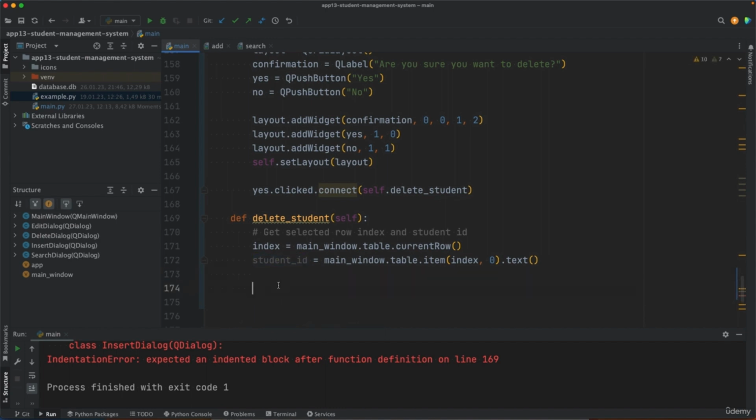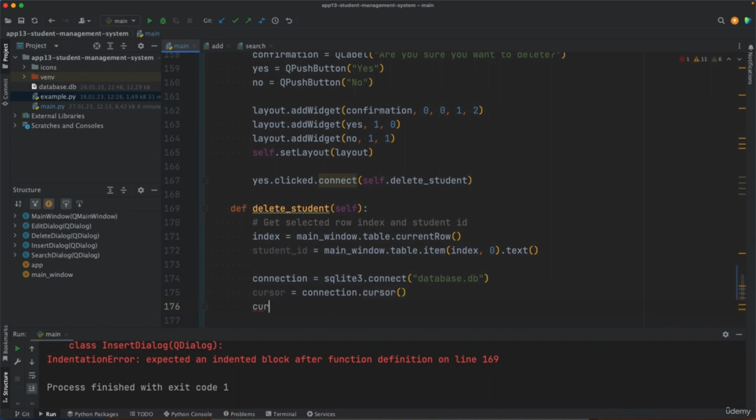But now we can keep it as a local variable, and then we're ready to establish a connection to the database. With sqlite3.connect, that is the database.db file, create a cursor using connection.cursor,